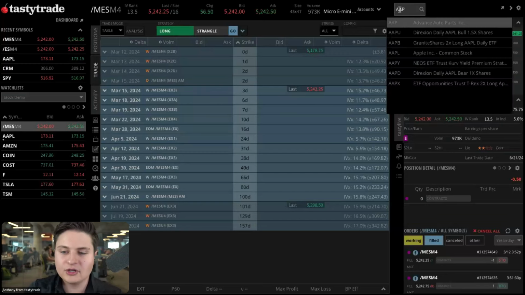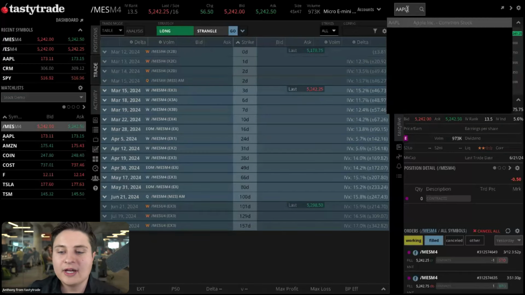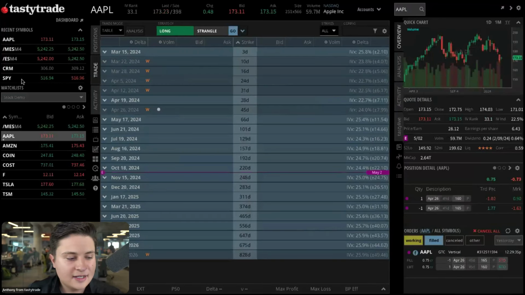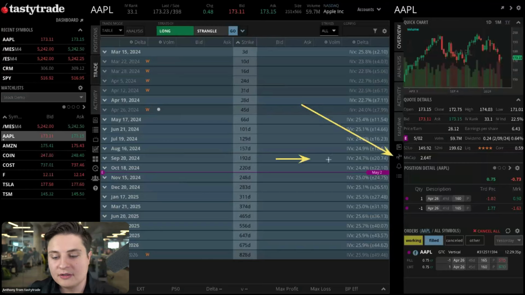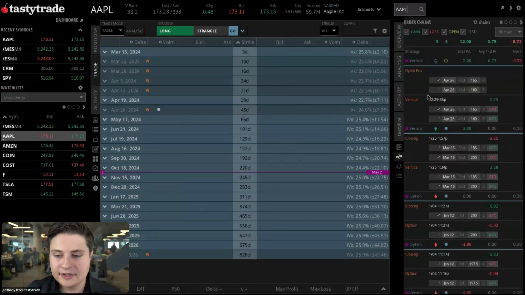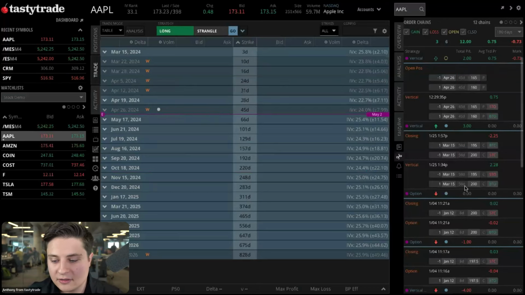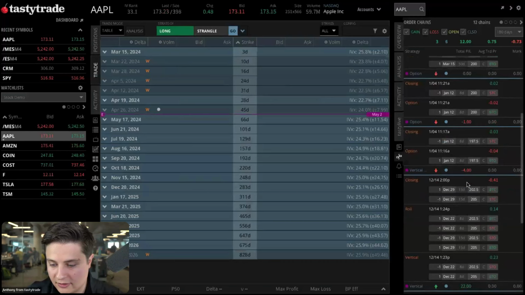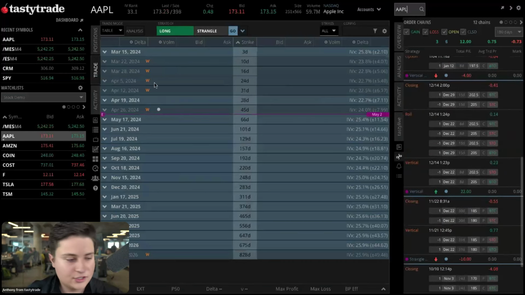I believe we have a good one here on Apple. So if we go ahead and type in Apple at the top, click into that, now the order chains feature is going to be right here. It's this little icon. These are the order chains. If you click on those, this will pull up all of our recent trades here on Apple. Now, as we scroll down the list a little bit, I believe I saw a good one in here earlier. Yep, here we go. So this trade right here,